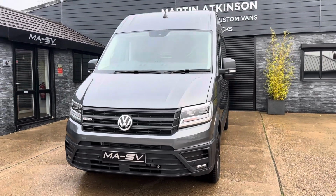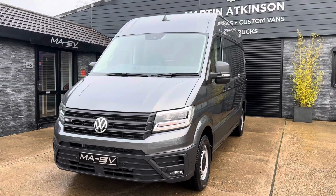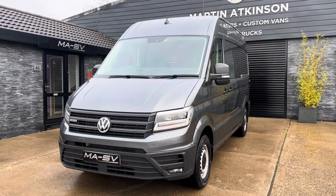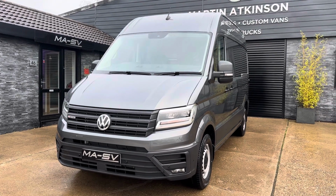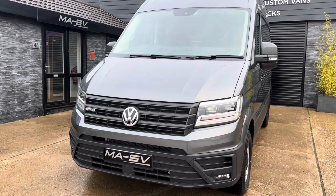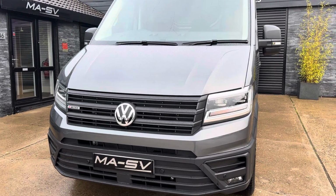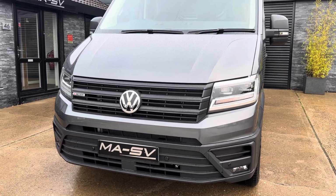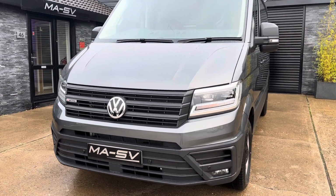Just going to show you around this Volkswagen Crafter. It's just arrived with us. Only just registered on a 73 plate, delivery mileage, and this is about as good as it gets in terms of a spec. So this is a 177 PS 4MOTION Crafter medium wheelbase with the DSG gearbox and the high